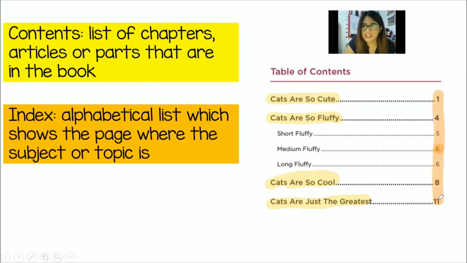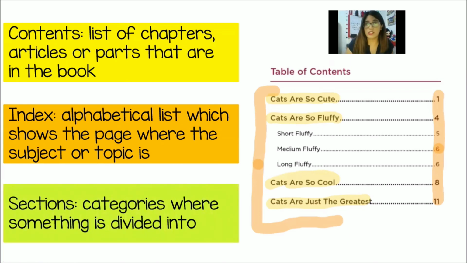Yay! This is the index, and actually this is like part of the index, because the contents is a very important part of the index too. So all this is the index, okay? Because it's the main list, and the list that is the index contains the contents, okay? So let's go to the next